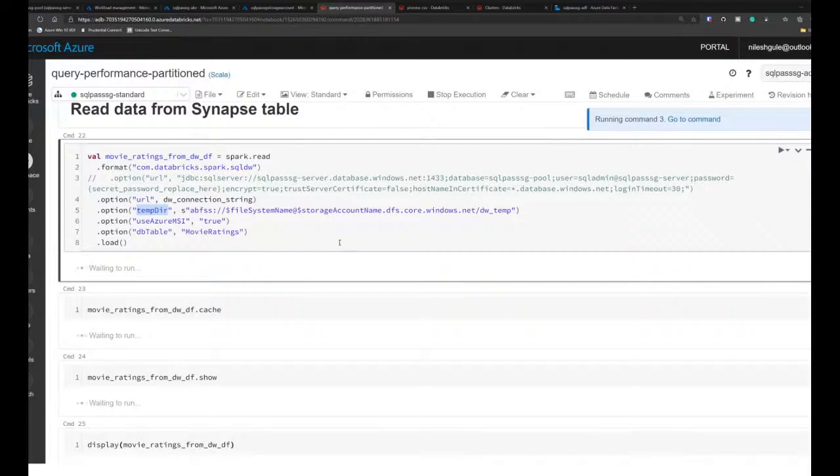When the SQL data warehouse and Spark use this temporary location, polybase is used internally by the SQL data warehouse connector.